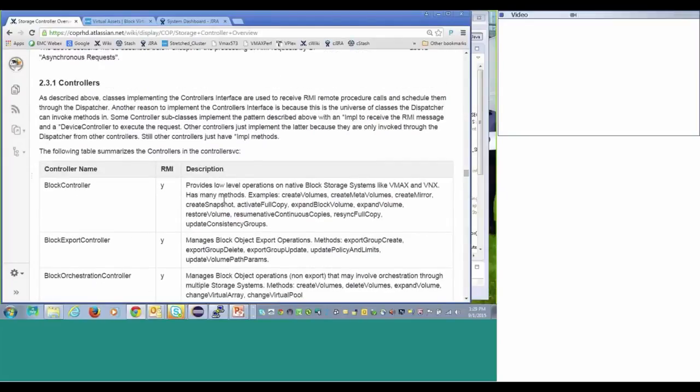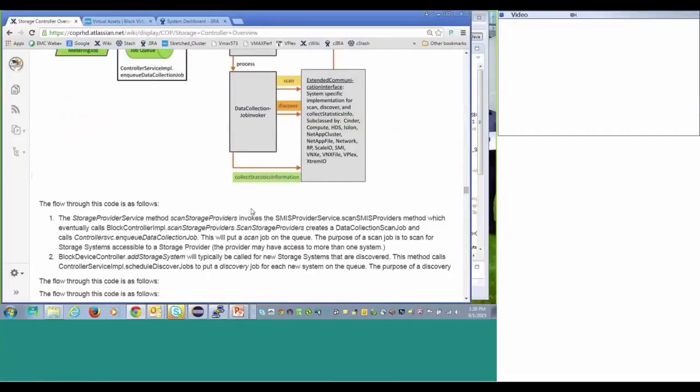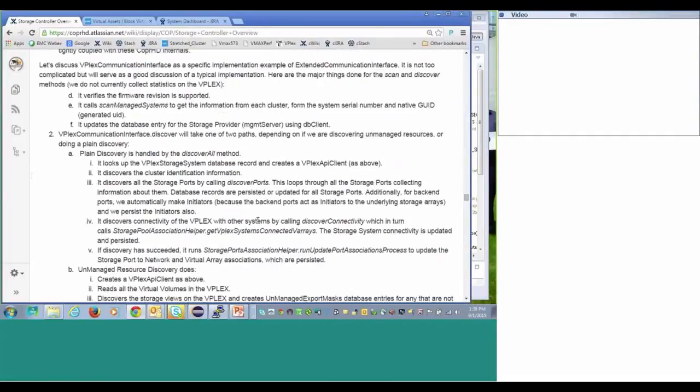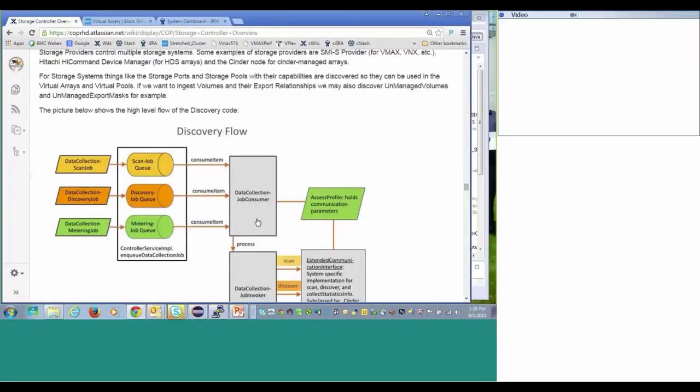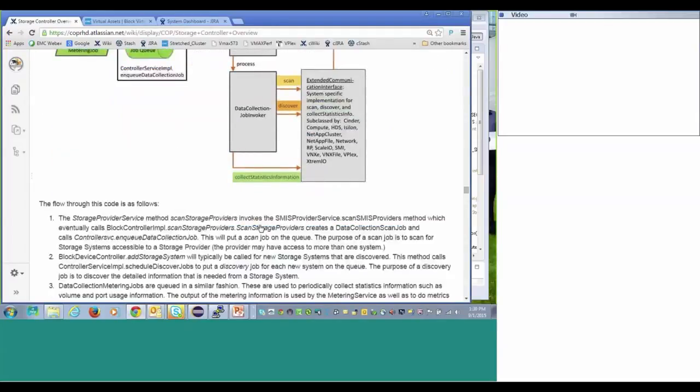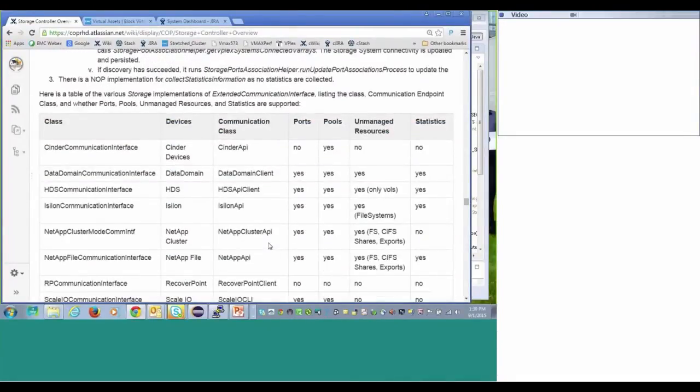So I'm going to skip for now the part about discovery. If you want to come back and talk about discovery, I cover it in here. It's sort of similar. It uses different queues, and it's periodic based, so it works sort of similar, but not exactly the same. We can come back and talk about it. That is something we probably will want to talk about, maybe before or after you talk about changing the device